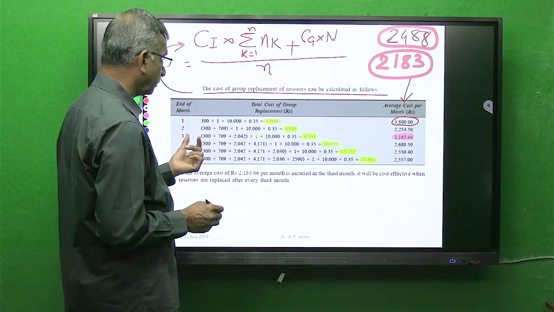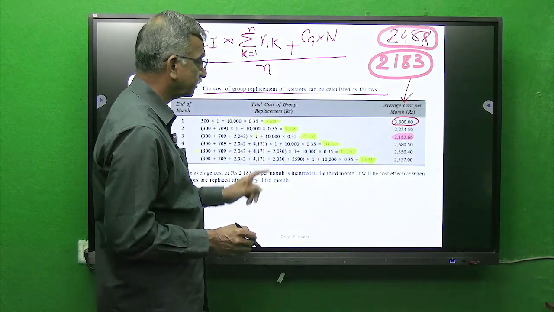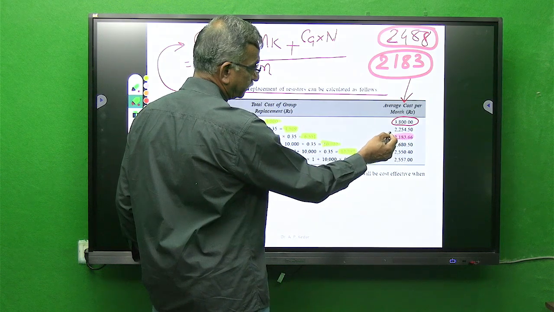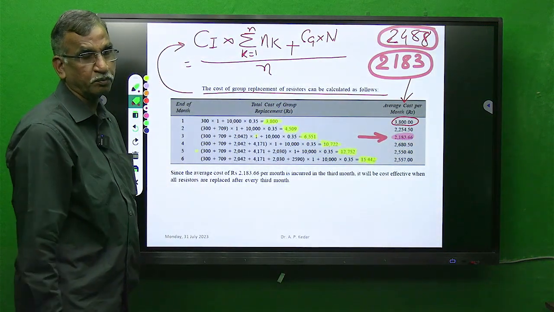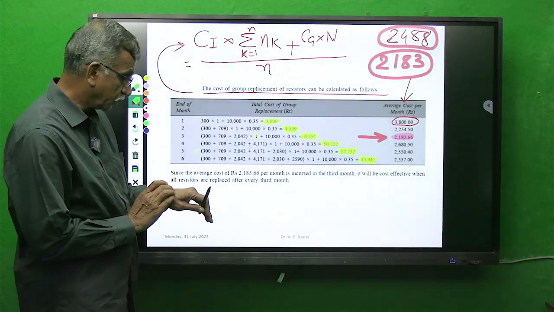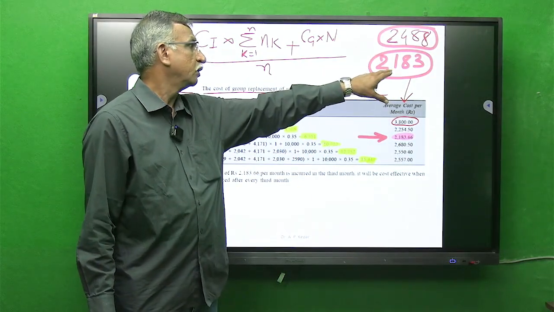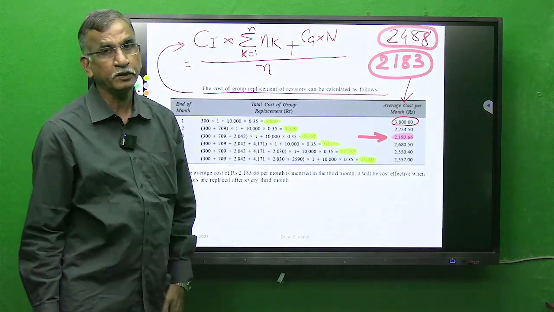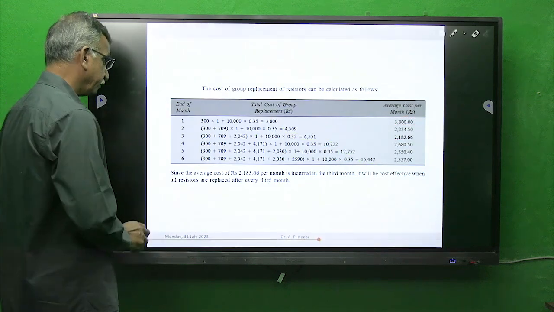Number of failures which we got by cost of individual replacement policy. In the second month we will replace at the cost of individual replacement, but in the third month we will replace all components whether they fail or they do not fail. So this is how the problem is analyzed. The answer for this case is to adopt group replacement, and group replacement is to be adopted at the end of every 3 weeks.